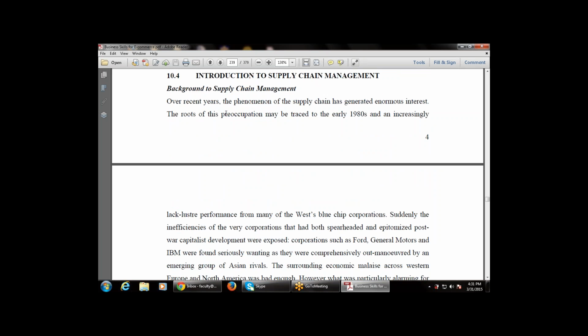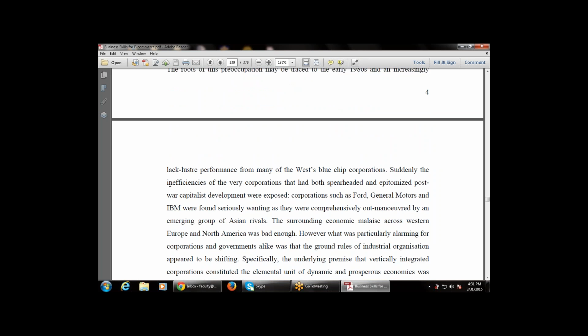The root of the preoccupation may be traced to the early 1980s. That is, supply chain management can start from the 1980s and increasingly lackluster performance from many of the Western blue chip corporations. Suddenly, the inefficiencies of the very corporations that had both spearheaded and epitomized capitalist development were